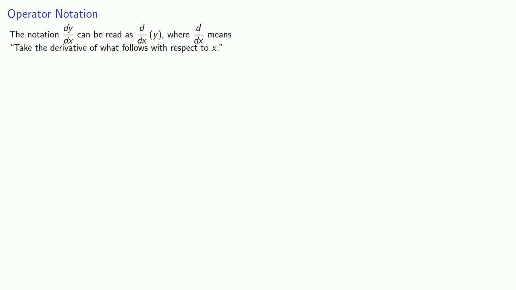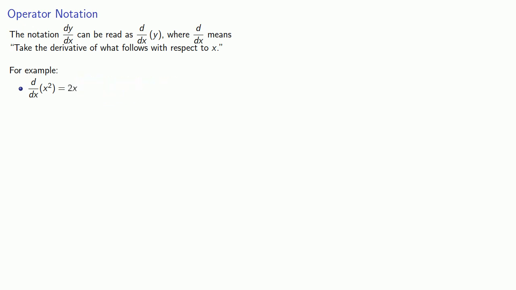Now, in order to do this most efficiently, it helps to introduce something called operator notation, and this goes back to one of the ways we have of indicating the derivative. And again, dy/dx should not be read as a fraction, but it's convenient to read it as d over dx applied to y, where d over dx means take the derivative of what follows with respect to x. So, for example, d over dx of x squared is take the derivative of x squared with respect to x, and you get